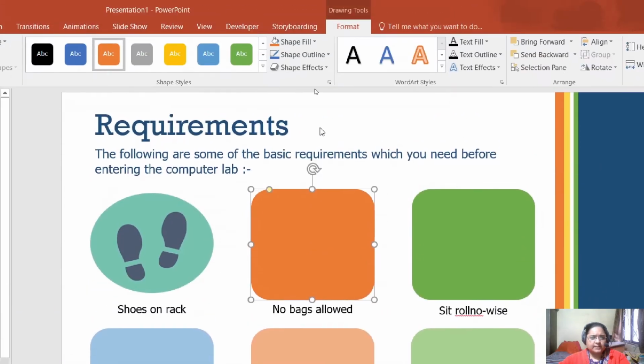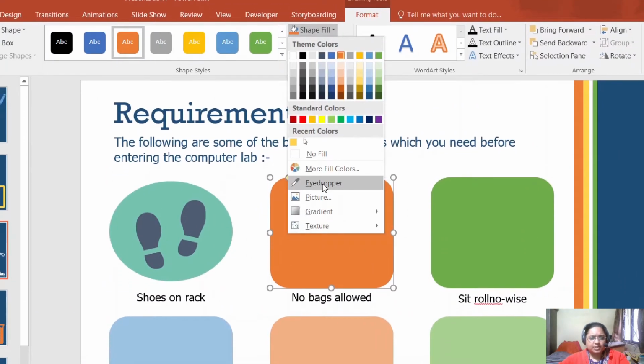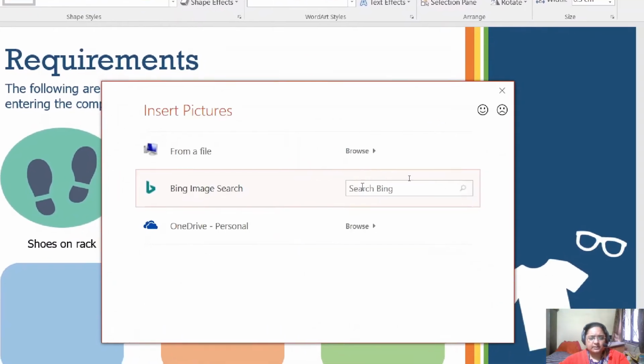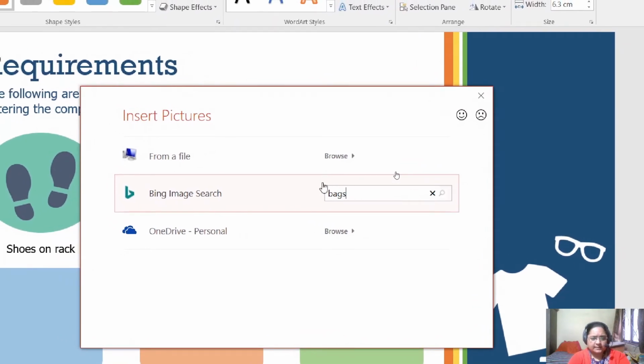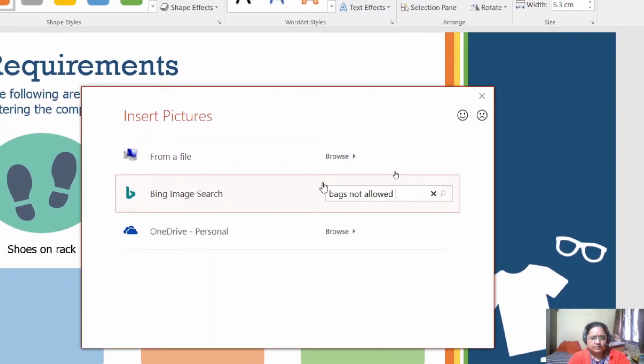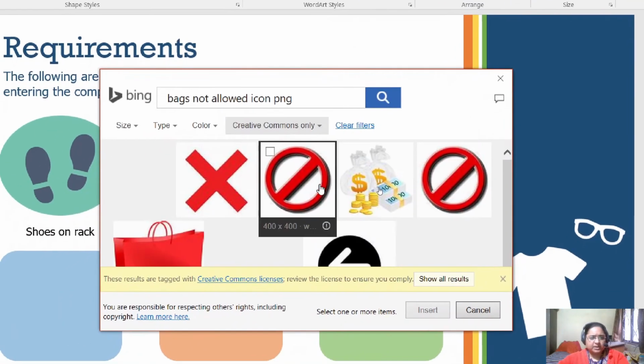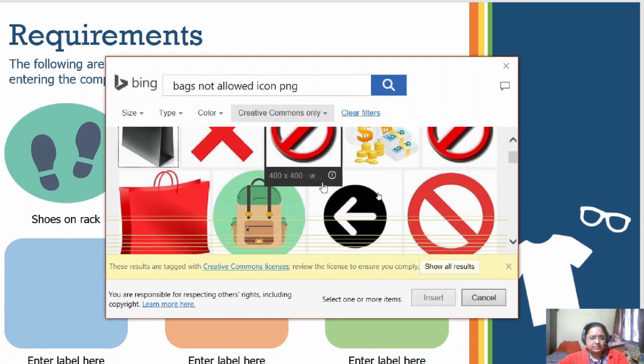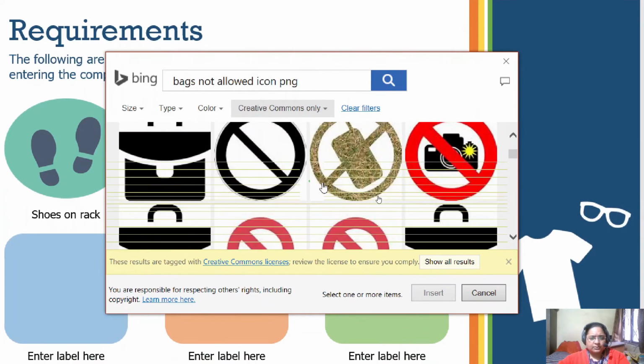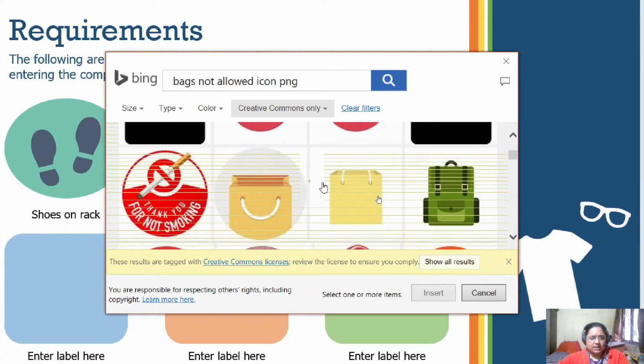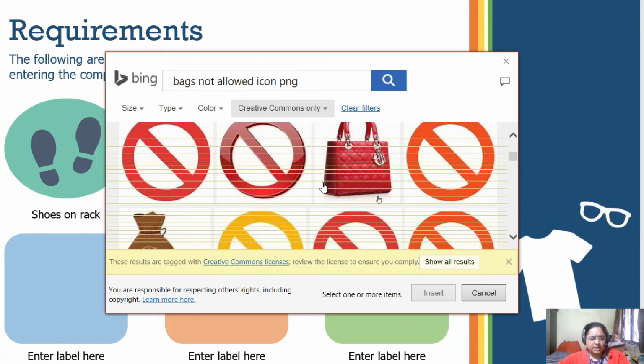Next is no bags allowed. I can again go back to shape fill, go to pictures, and search bags not allowed icon PNG. This will probably give me a bag with a cross symbol on it. We can select any suitable image.